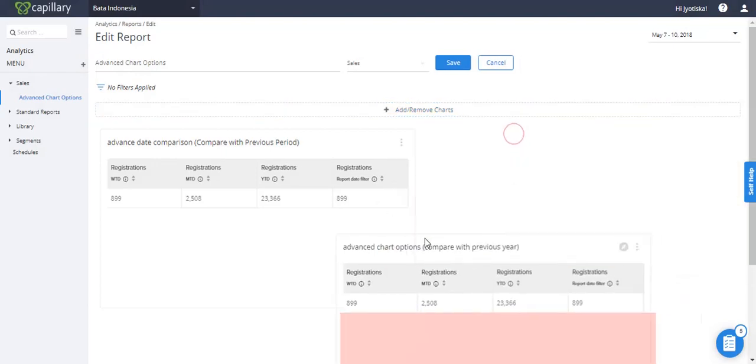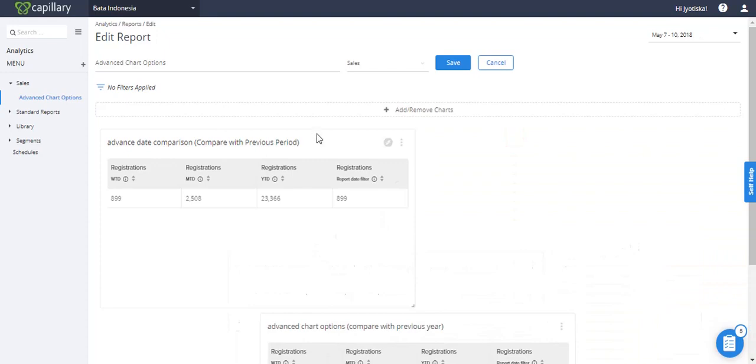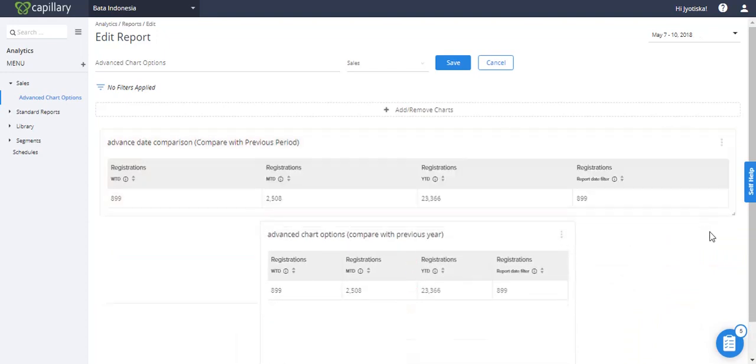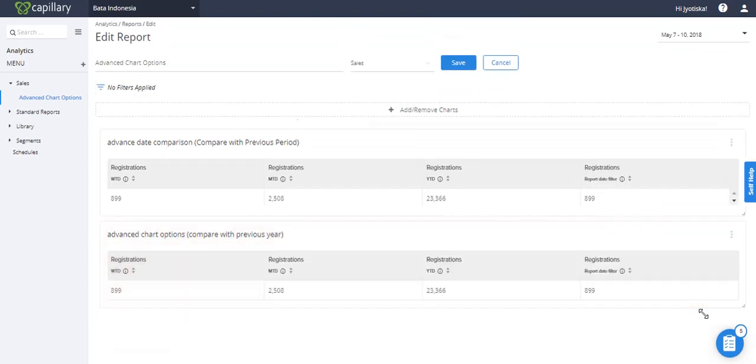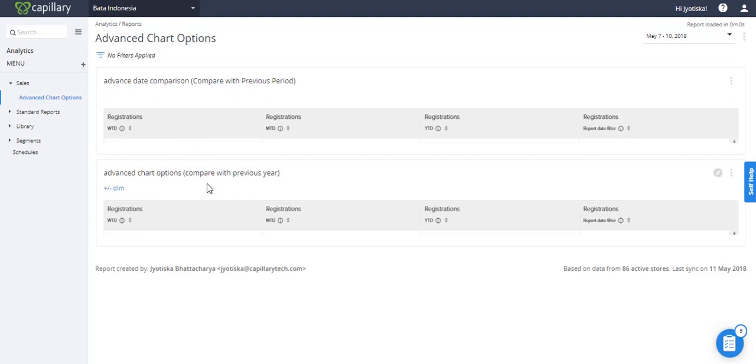So for better clarity, I will put this below. I'll expand this and expand this as well. Save it. So these two charts are exactly the same. Only difference is here compare with previous period is mentioned, and here compare with